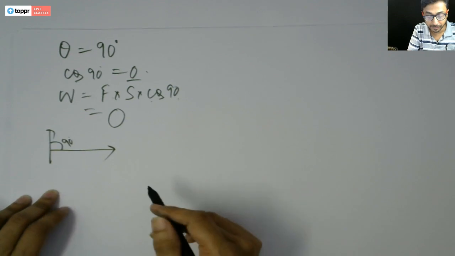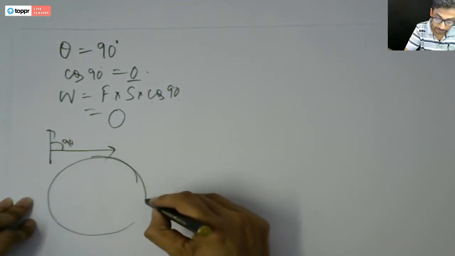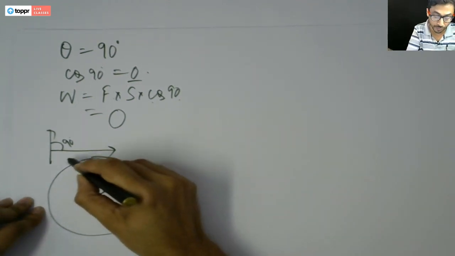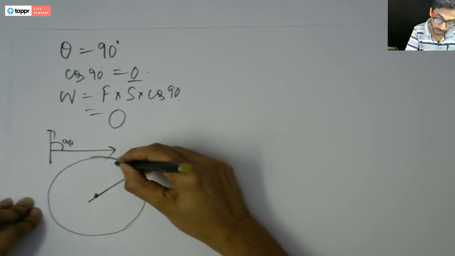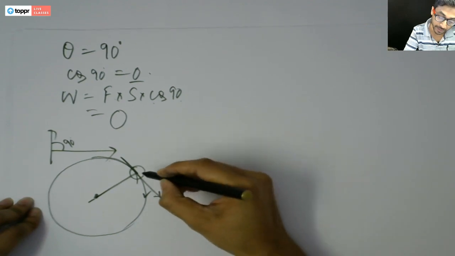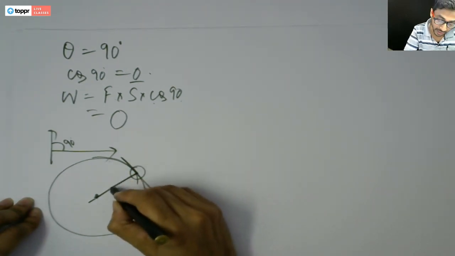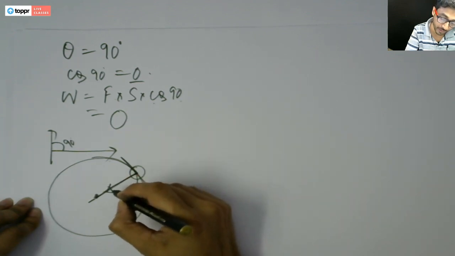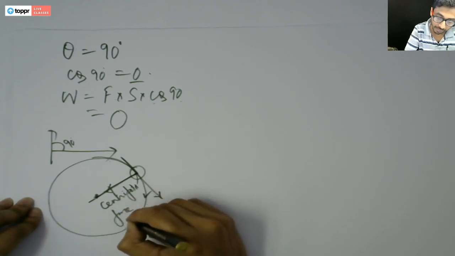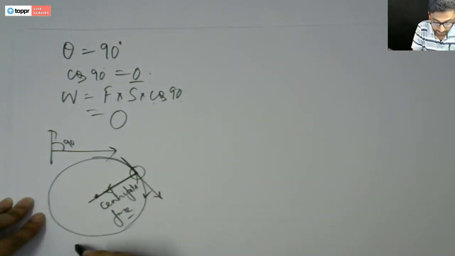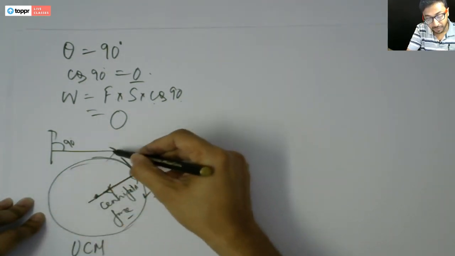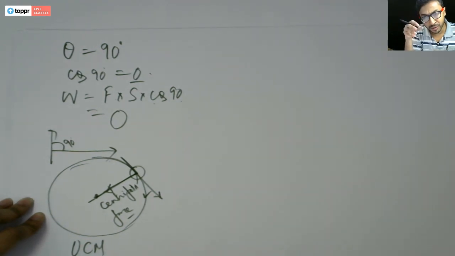What can be the example? A very simple and very common example, and you know this, is when a body moves in a uniform circular motion. When a body moves in a uniform circular motion, you know that at every point the displacement is tangential, whereas the force is directed towards the center, which is called the centripetal force. So in this kind of uniform circular motion, as it is coming in a round path,